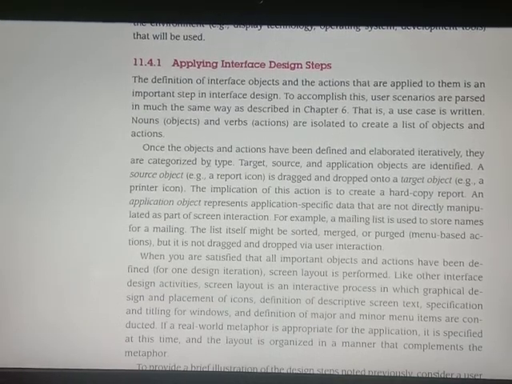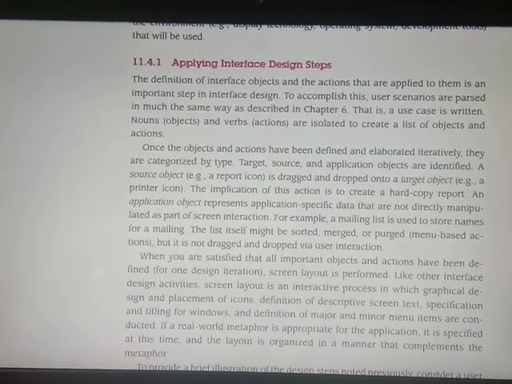An application object represents application-specific data that are not directly manipulated as part of the screen interaction. For example, a mailing list is used to store names for mailing, something like Gmail and Yahoo Mail. The list itself might be sorted, merged or purged, but it is not dragged and dropped via user interaction.